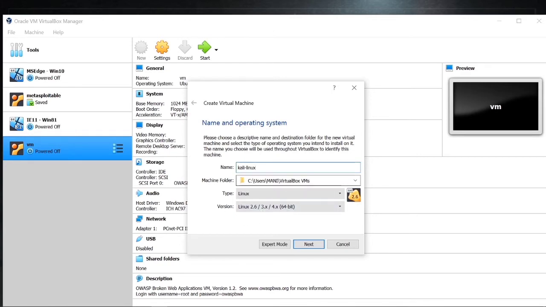Linux HB hacking box. Alright, so the type is Linux and the version is, yeah, make sure it is the current version. This is Linux kernel. Again, make sure you select the appropriate one according to your processor architecture. I have a 64-bit, so that is what I'm going to use next.